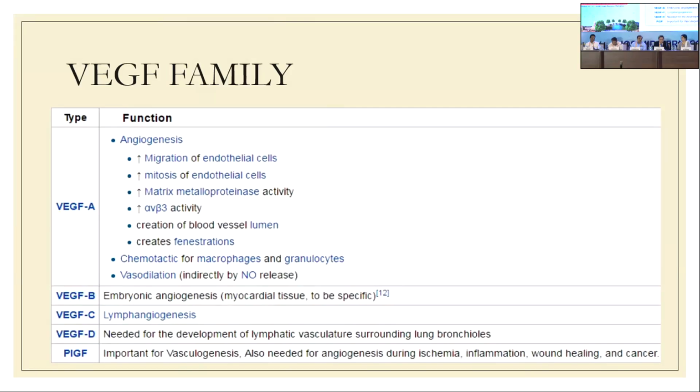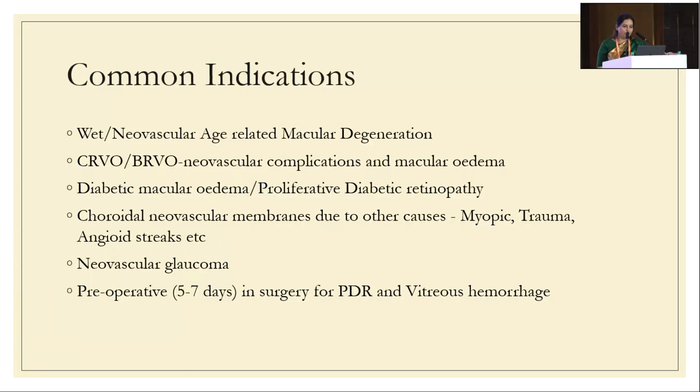So in the angiogenesis, there is a migration of the endothelial cells, increased mitosis of the endothelial cells, increased matrix metalloproteinase activities, and chemotactic for the macrophages and granulocytes. So vasodilatation indirectly by the aneurysms. So the common indications, they are at the AMD, venous occlusions, diabetic macular edema, CNVM, neovascular glaucoma, and the preoperatively